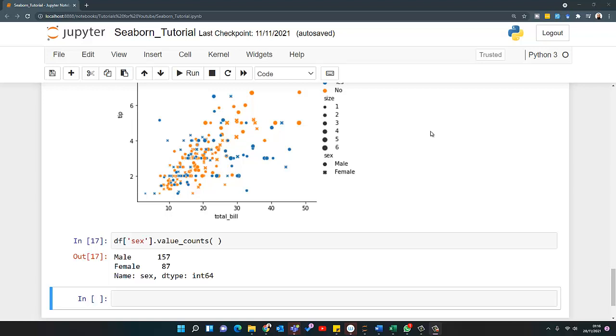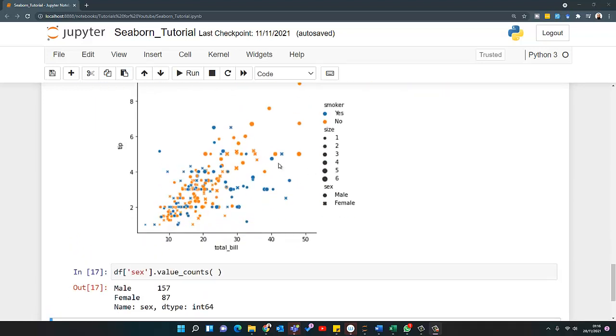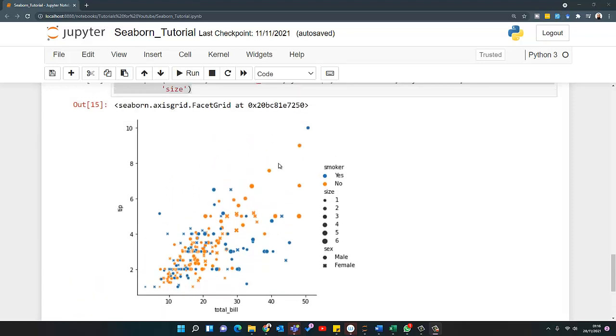Before we jump into other plots, let us talk about some of the bits we have missed from the previous tutorials. So in this video, I will be sharing two things. One is how to change the colors of this scatter plot and how we can use a second dimension as